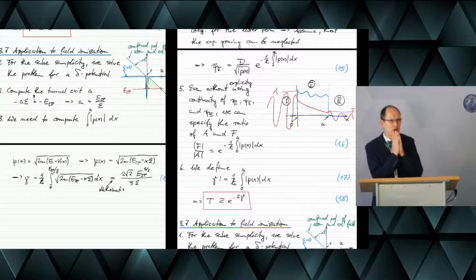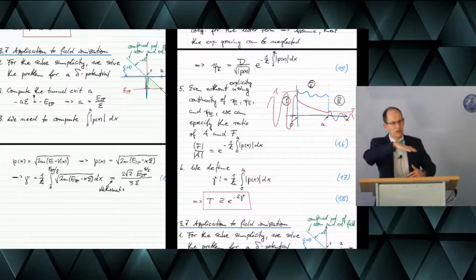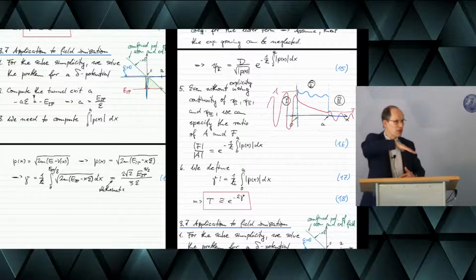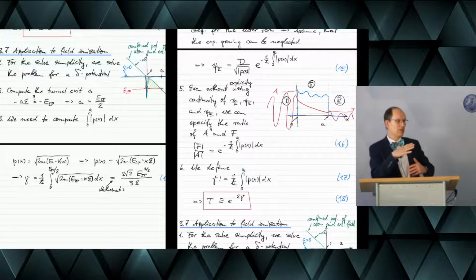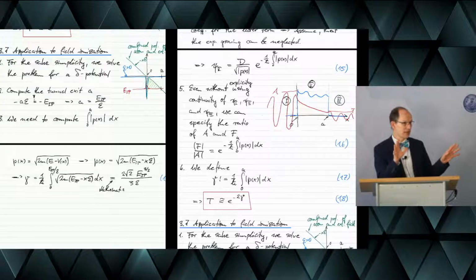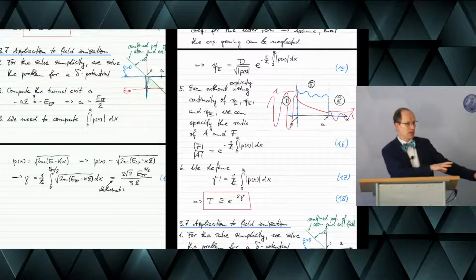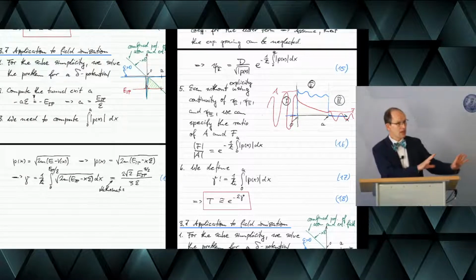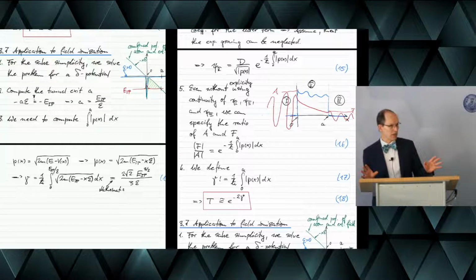Actually, this is the decisive thing in strong field laser physics: we make the so-called quasi-static approximation. We assume that the tunneling is much faster than the oscillation period. Whether this approximation is well fulfilled is another question. In most experiments that have been done so far, in reality, it is actually not well fulfilled. But in physics, we are used to approximations. In any case, that is the approximation we make in the strong field approximation.